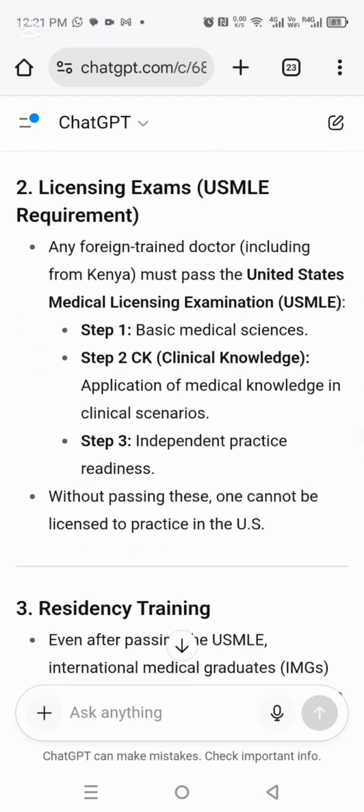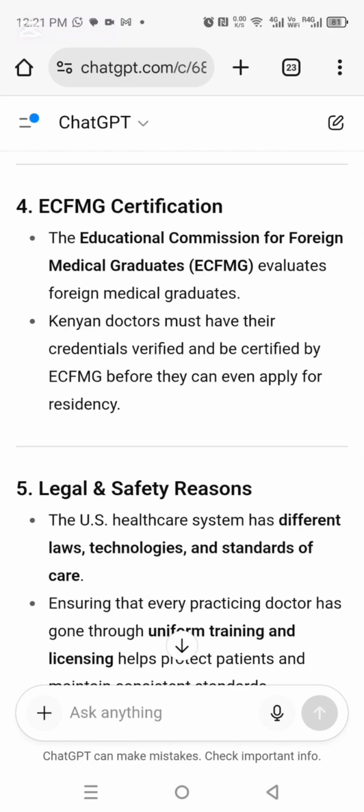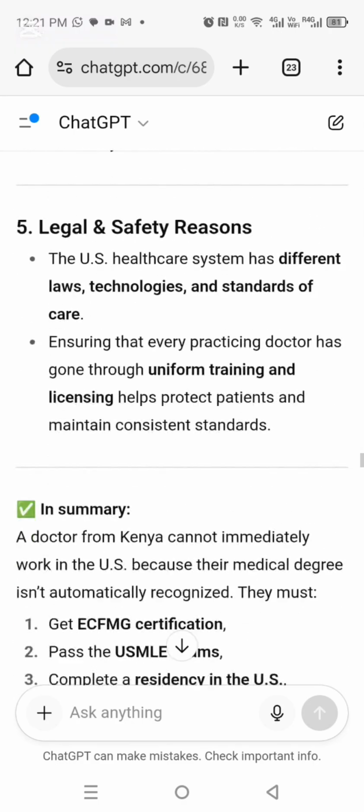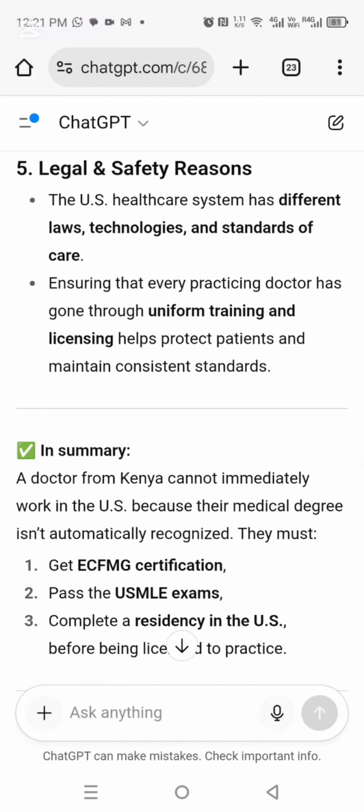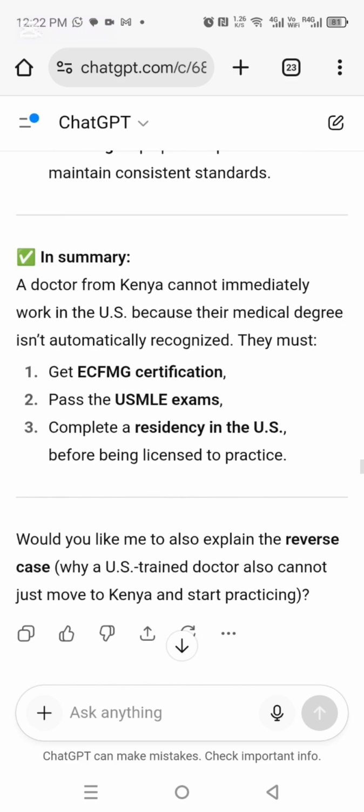but it talks of how, if you go there, you can actually license yourself, the residency, whatever, ECFMG certification. For legal and safety reasons, the US healthcare system has different laws, technologies, and standards of care, ensuring that every practicing doctor has gone through uniform training and licensing, which helps protect patients and maintain consistent standards. Okay, so